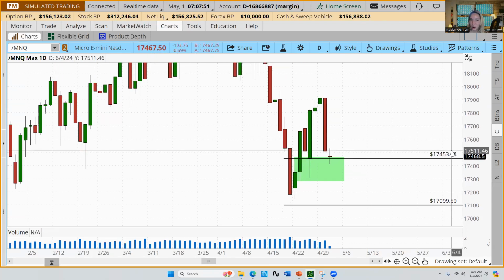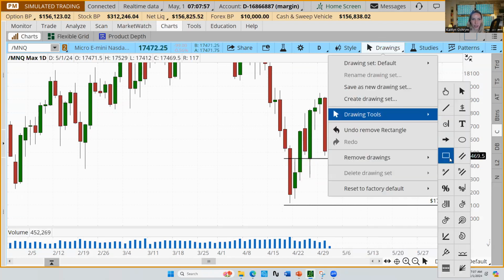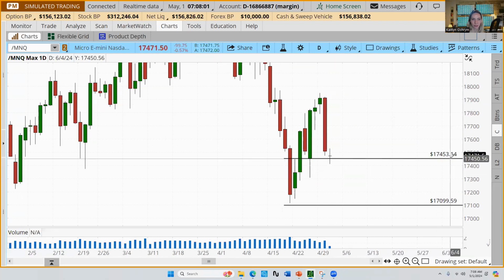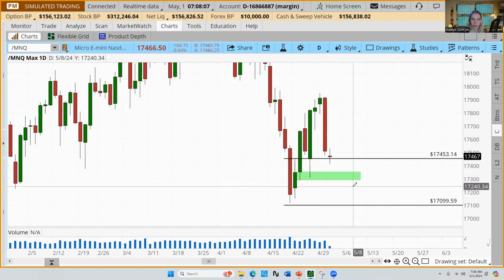Break of support area, wait for reversal. Absolutely, you could do that. So if you're waiting for what Julius mentioned, I would say break of support, wait for reversal. We've got our support here. I would want to see a breakdown below that. Break below 17,287, reversal, or